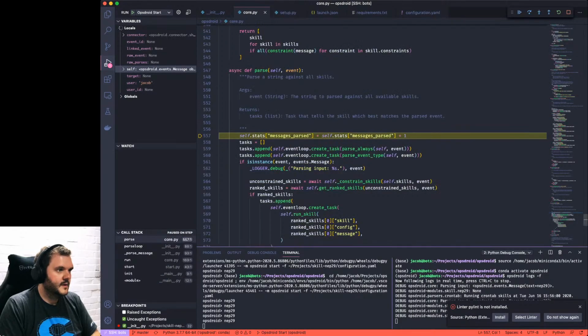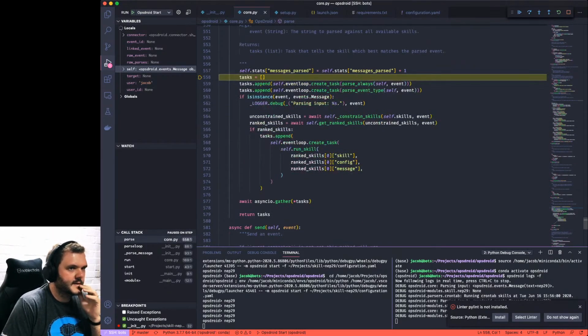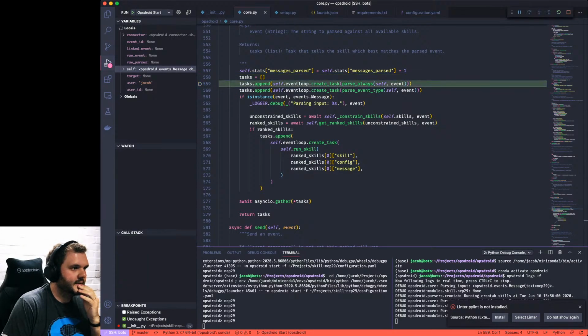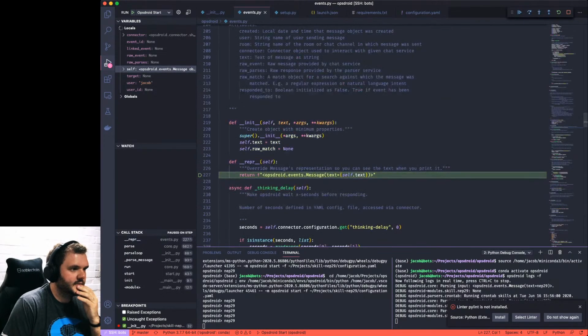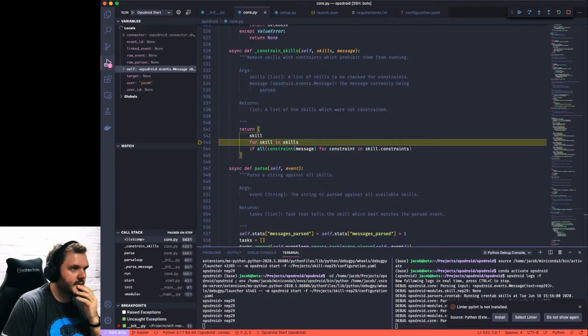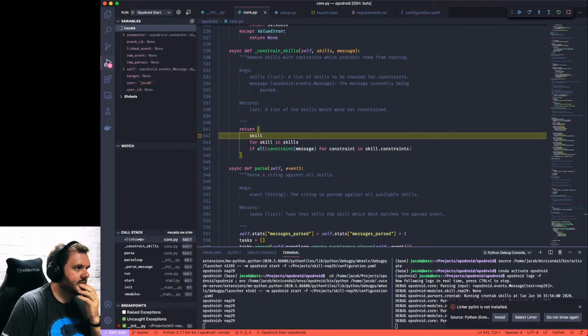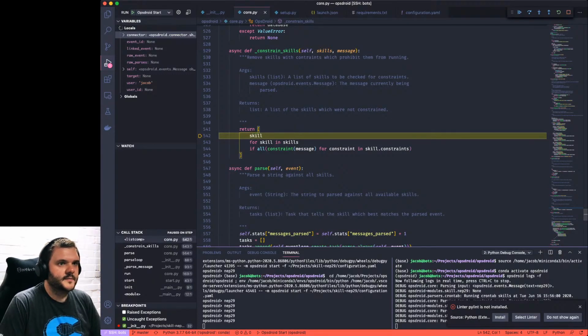Fine. Okay. I'm in Opsdroid.parse now. Kind of where I'd expect to be. The parsers. I don't really want to do all of this. Why is that loading? It's very weird.